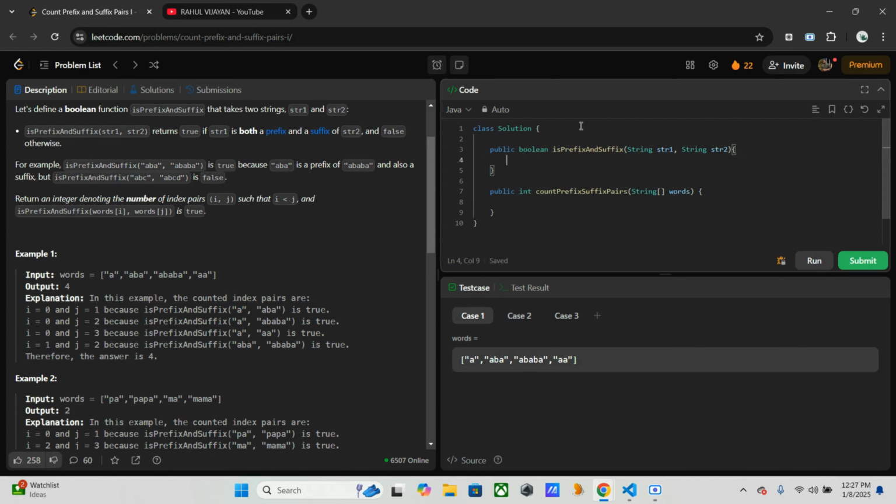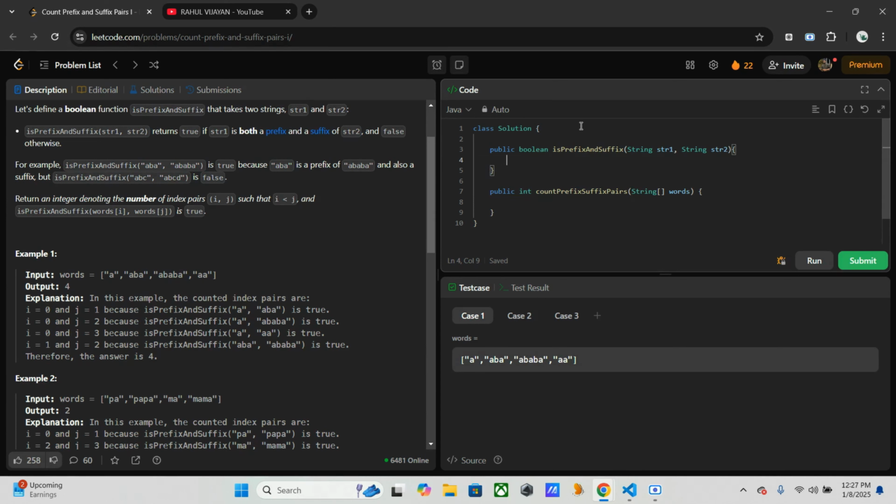So here we will use a helper function to check whether string 1 is both a prefix and a